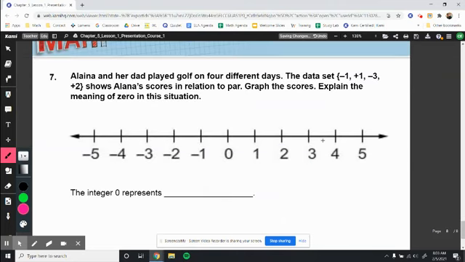Last example we have is going to be number 7, which is on page 348. Elena, I'm sorry if I said that name wrong, and her dad are playing golf on 4 different days. The data set -1, plus 1,